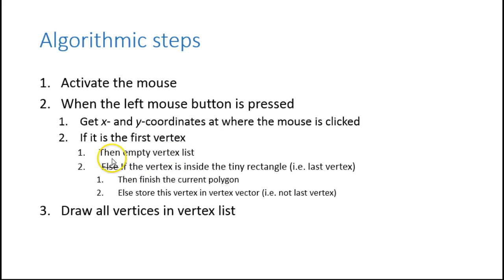If all we did was empty the vertex list when it was the first vertex, we would be missing the first vertex. So we can't have an else here. This should just be then empty the vertex list, and this if should just go right after here. And if you look at the code, actually,